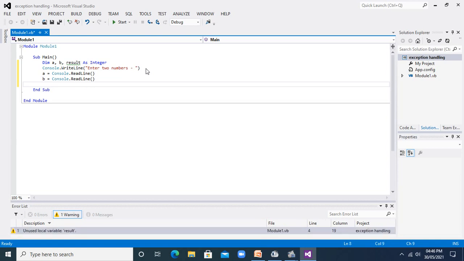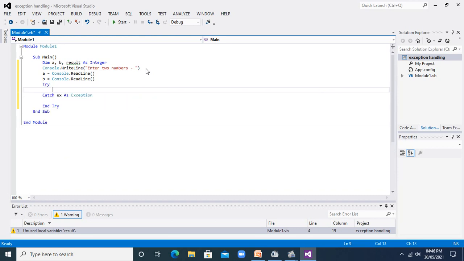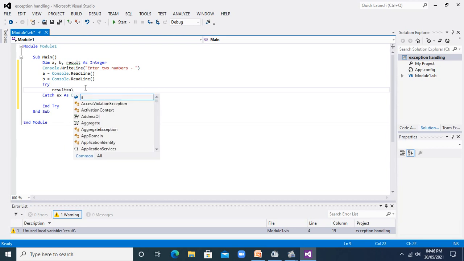So this way I have read two values. Now I will start my try block, try, and by default it will provide me the catch block and end try. So my VB.NET will provide it. Now here I will perform the operation: result equal to a divided by b.